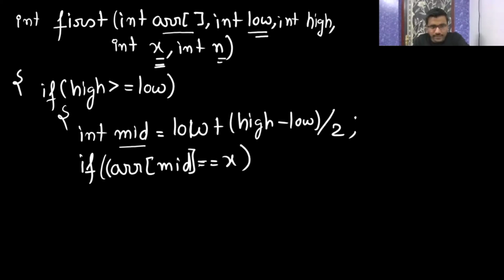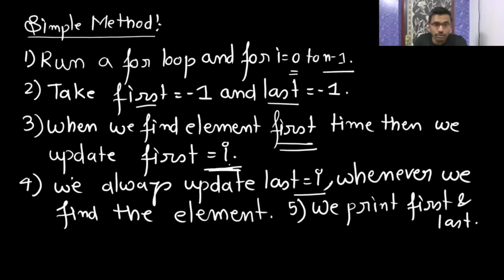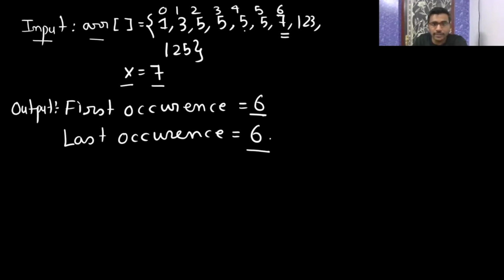If that is the case, we can have more occurrences of that element x. So just getting x is not going to give me the first occurrence, because I can have duplicate values. See 7, 8. So 8 by 4, you are going to get 2. So you have to also check that this is the first occurrence. It is a sorted array. So if this is the first occurrence of this element, then either the index of this is going to be 0.